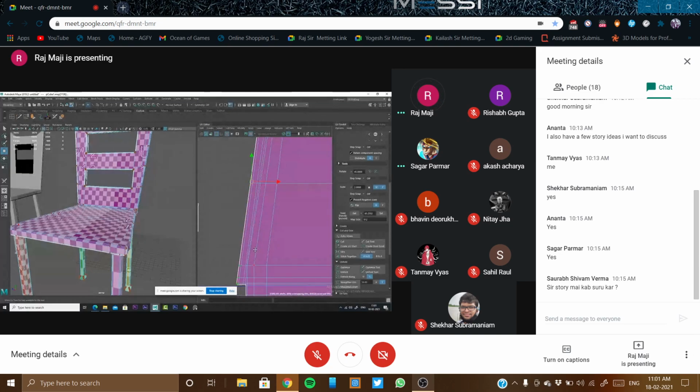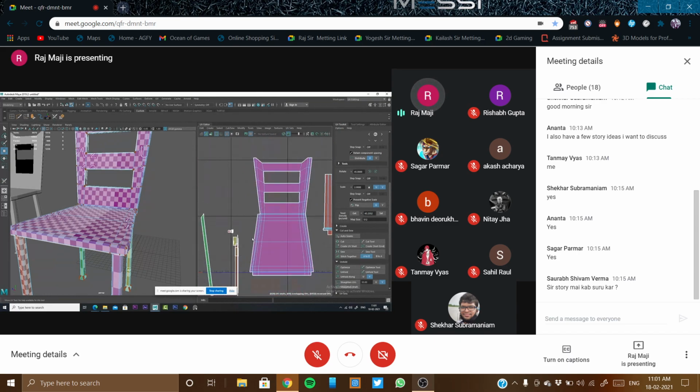So yeah, but yes, this is very important. This is very important. So you can see it's now almost fine. Now when this UV shell comes, it will create a very regular line.